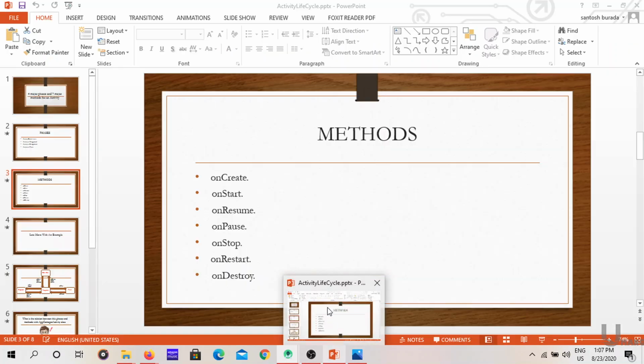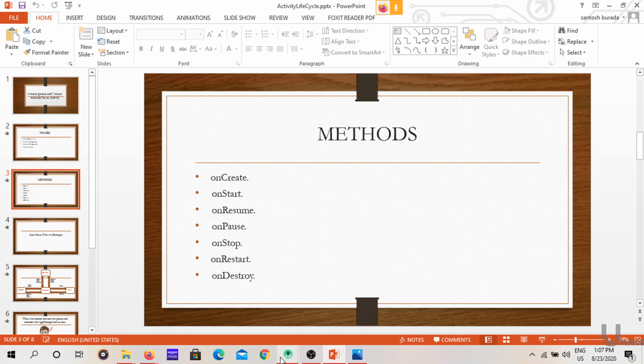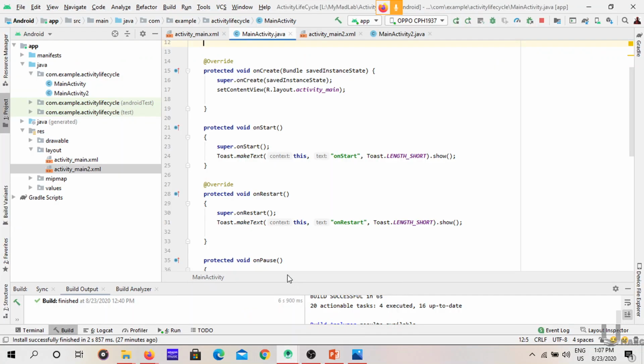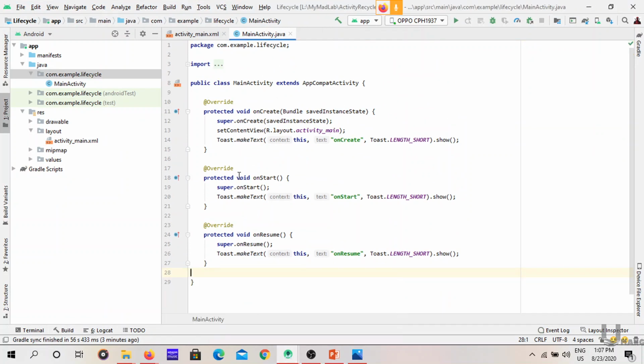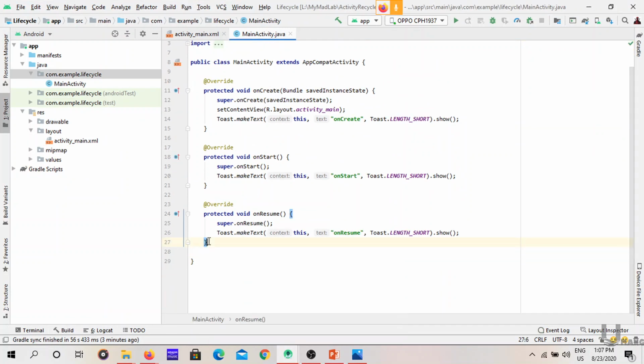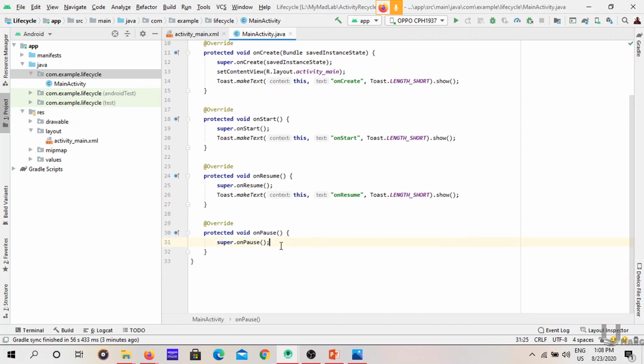Next method, the onPause method. Click enter and give a toast message.